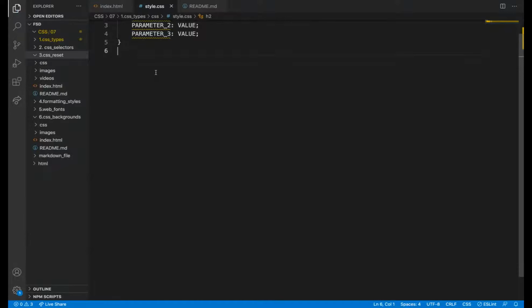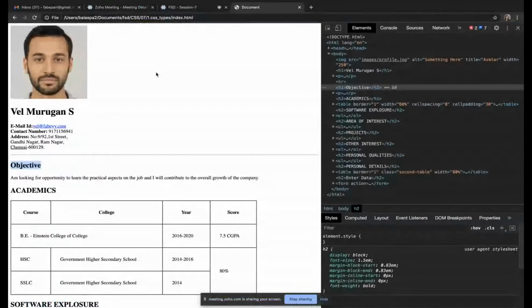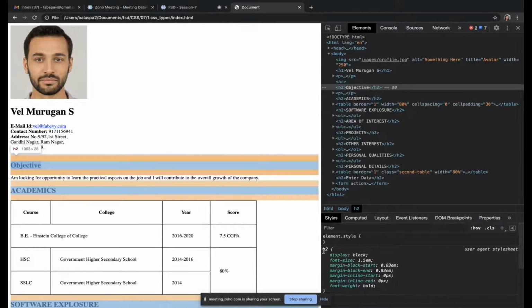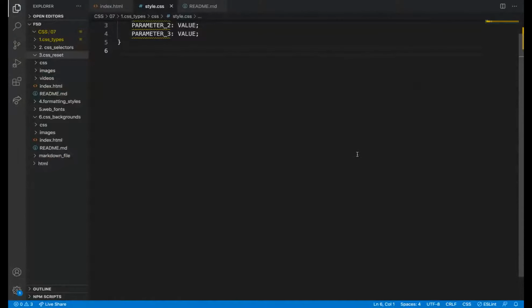But what is the problem in that? Chrome may add some styles to it, and it is browser specific. Mozilla Firefox will add different kinds of styles to it. So to make it consistent, I don't want these user agent styles. I only want my styles to get applied.